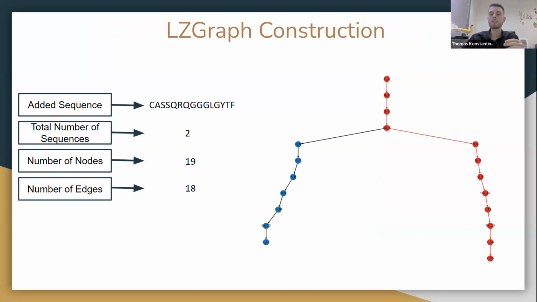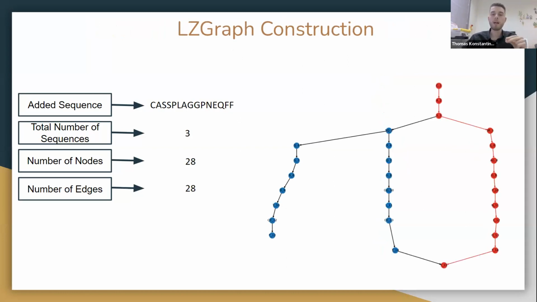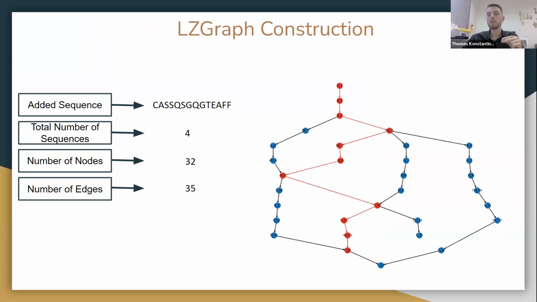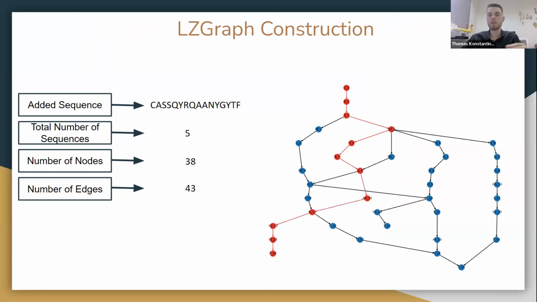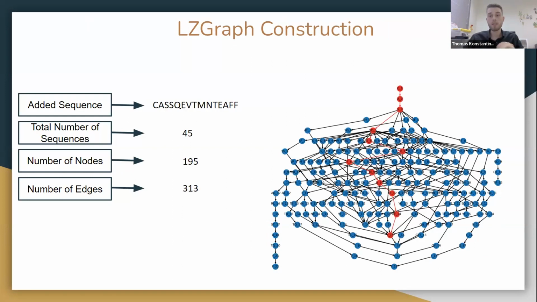But what's interesting is what happens when we keep adding sequences. We see gradually with each sequence the interdependence between the sub-patterns, and the fingerprint that depicts the repertoire becomes more complex, adapting itself to that specific repertoire. And you can see that even with 45 sequences, out of 10,000 or 100,000, we already get quite a complex and dense graph structure that encapsulates the information of this specific repertoire.